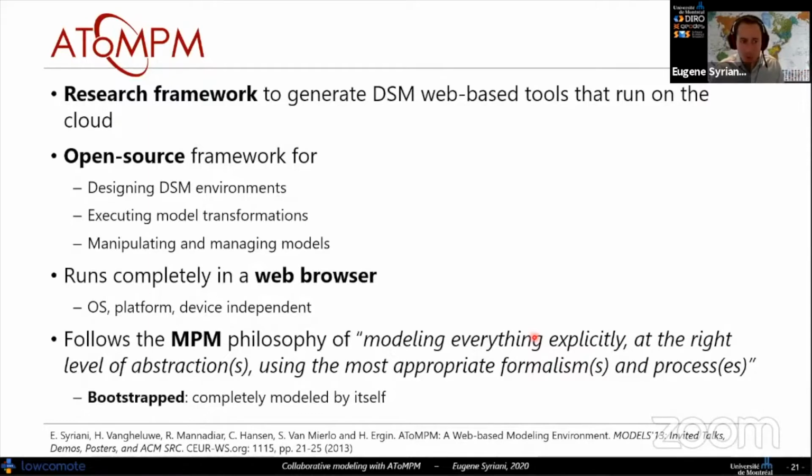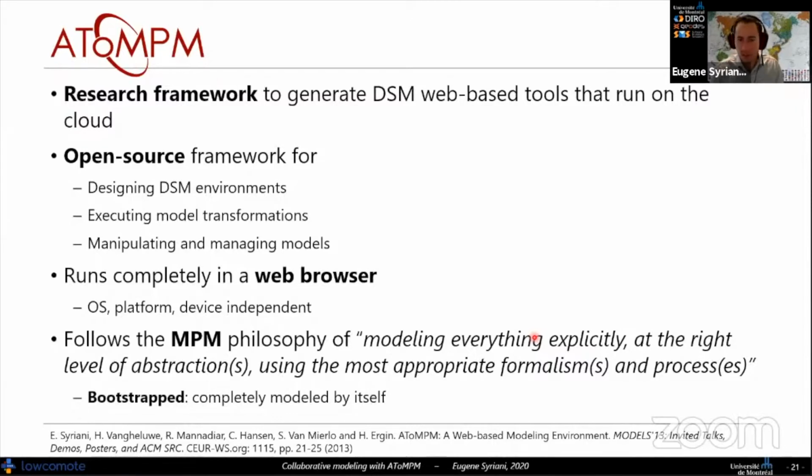It's an open source framework to design domain-specific editors, execute transformations, and manage your models completely in a web browser. So you don't need any installation, unless you want to install the server, and it's completely independent from any platform.